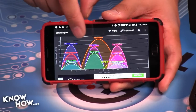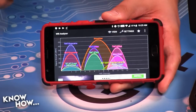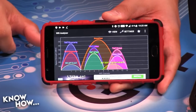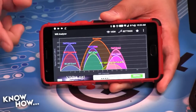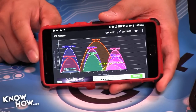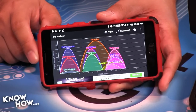You'll notice that most of them converge around channel 1, channel 6, and channel 11. That's because those are the only actual channels, the only non-overlapping channels. And all that stuff that's not on those channels, like know-how right now, that's going over. You see how it does that? That's bad. We don't want that because it's basically acting like a signal jammer to all